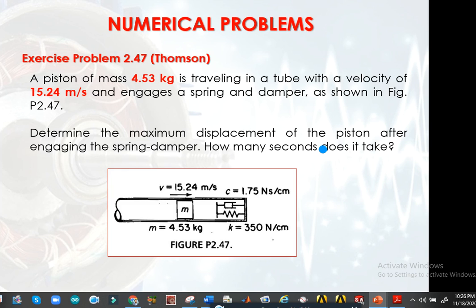First of all we need to determine, because we have a spring and damping element, whether this spring damping system is underdamped, overdamped or critically damped. If we first decide what type of damping this system is provided with, then we can easily go with the response of the system. So for checking whether the system is underdamped, overdamped or critically damped, we need to first find out the zeta value.